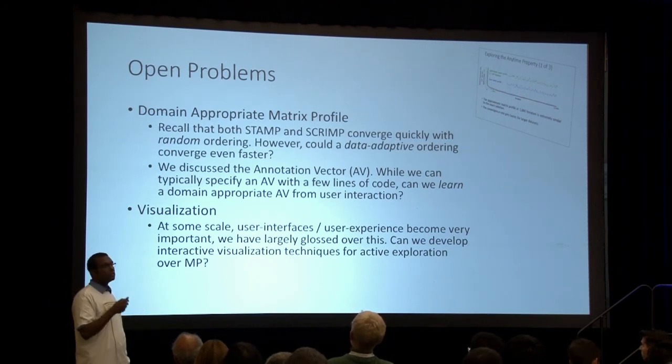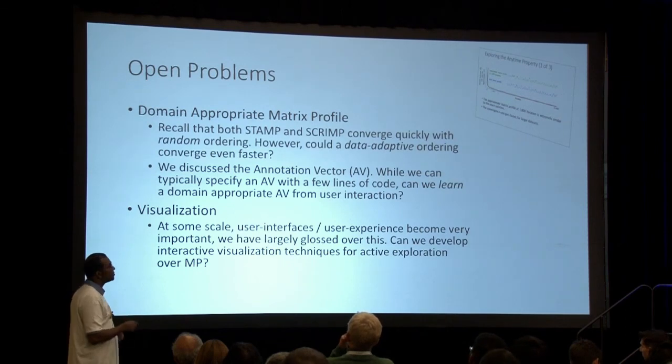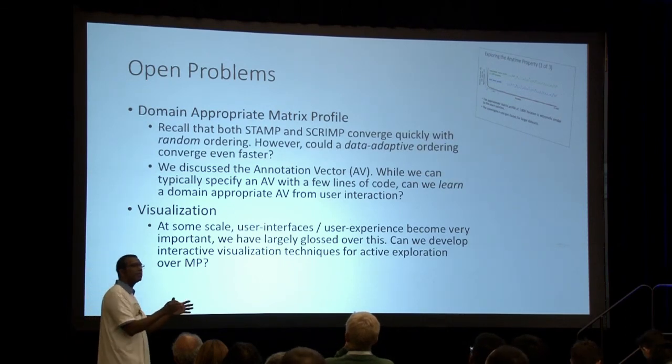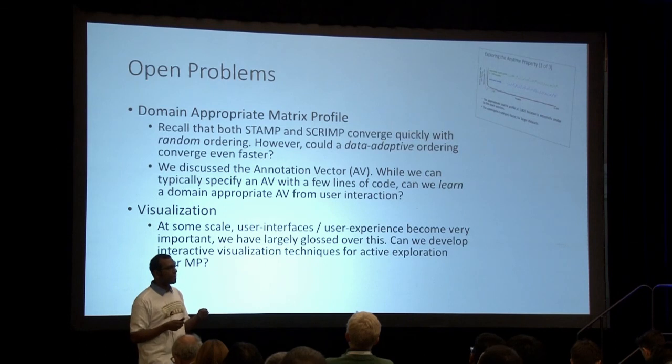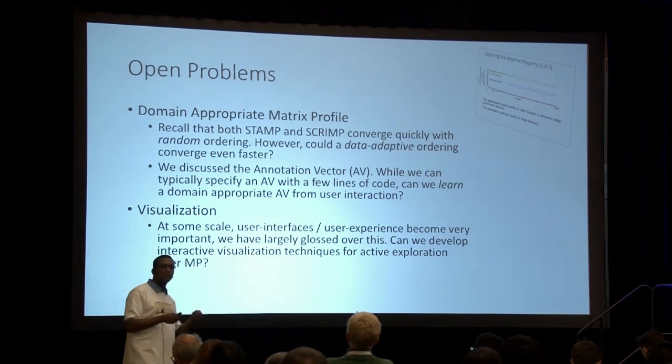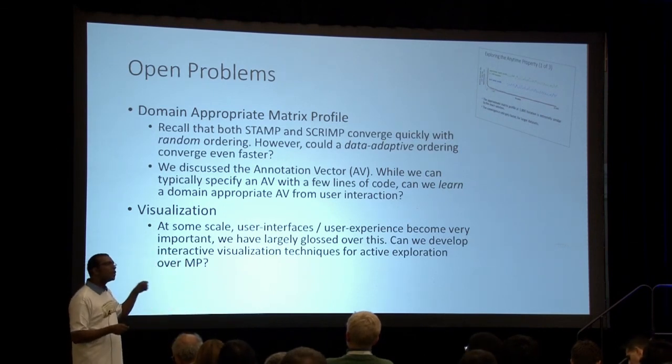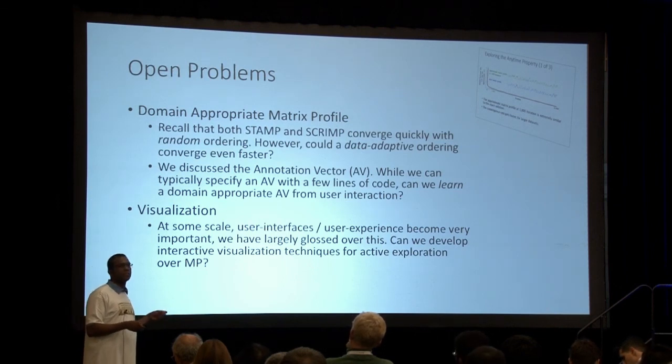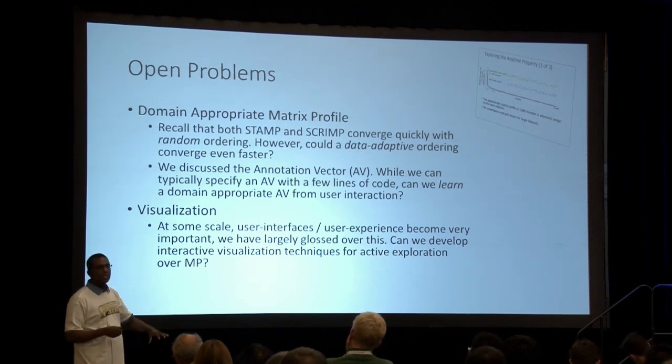We can also use the annotation vector, which we can even learn. Instead of just guessing or getting it from domain experts, can we learn it from the matrix profile? Can we see where the non-interesting parts of the matrix profile exist, and systematically decrease the weight of